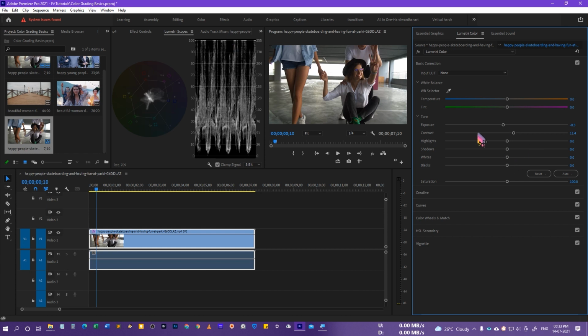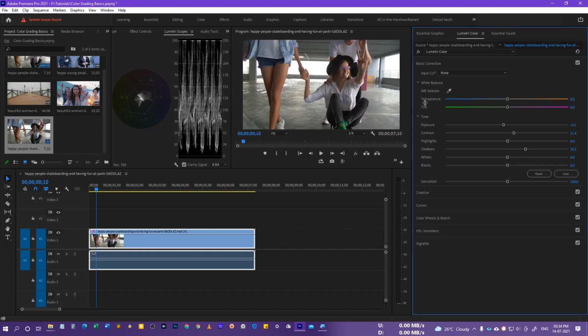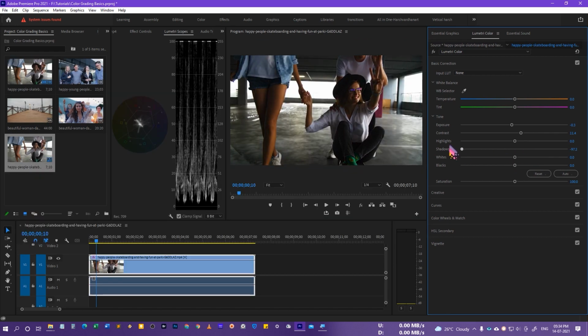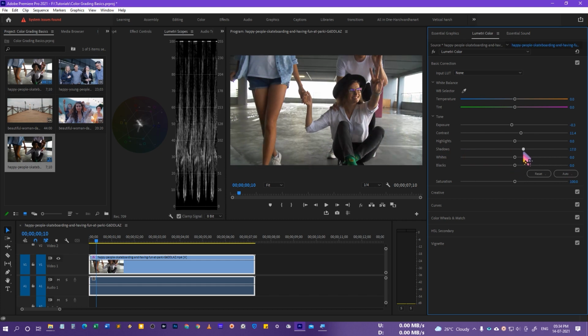All right, so we don't have to do much in this. And then we have the option to open up the shadows. So we have the option of shadow, so we can drag it up to open up the shadows. You can see the dynamic range right over here. So let me just make it a little bigger so that you can see it clearly. So if you drag the shadows back, you can see it's going to take the dynamic range away, and if you drag it back, it's going to open up the shadows.